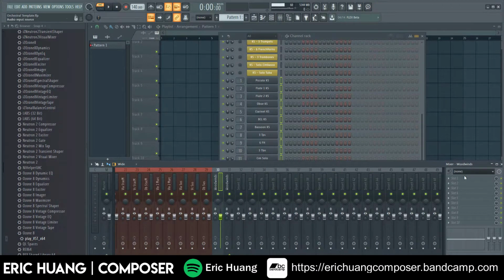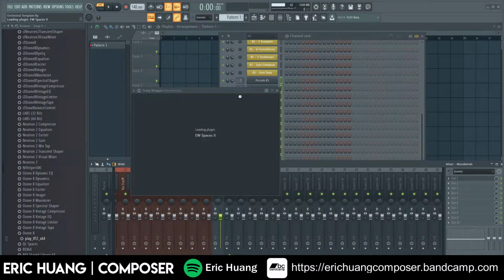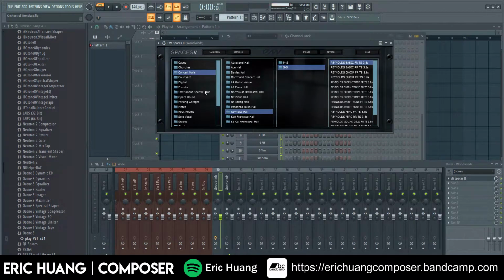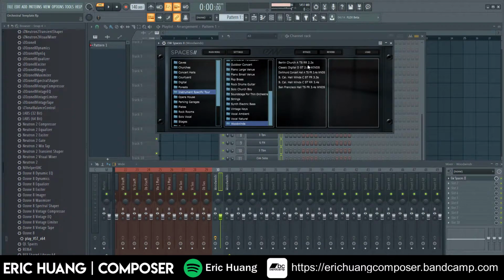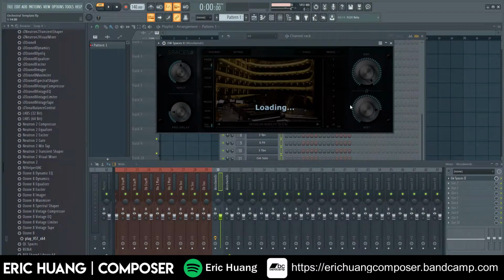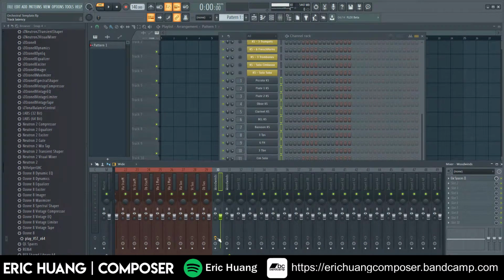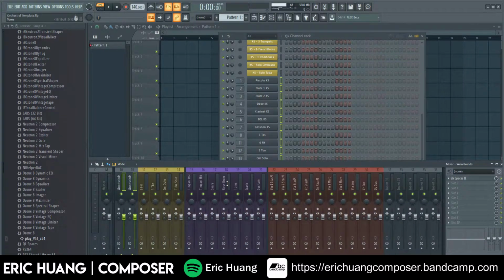The first one, I'm going to add in my reverb. Okay, I'm going to add in Spaces too. Okay, after my reverb is added, I'm just going to go into presets, click a quick preset, classical digital. Okay. So now that my reverb is loaded, I have one track with the reverb and one track without. Okay, now I'm going to click Control Shift, click the second woodwind, and then click Alt and the left arrow key, and then we could move this all the way to the very beginning.